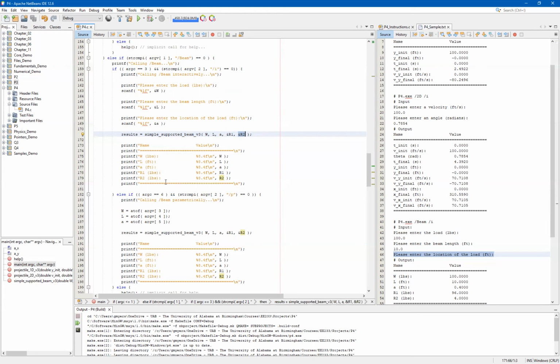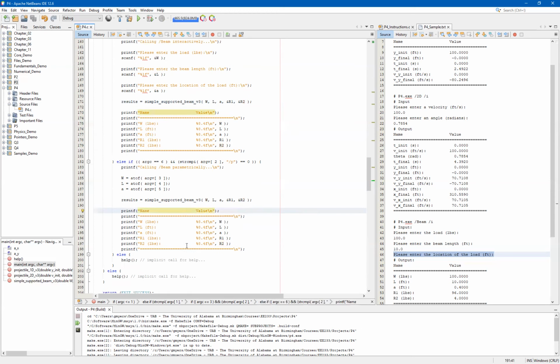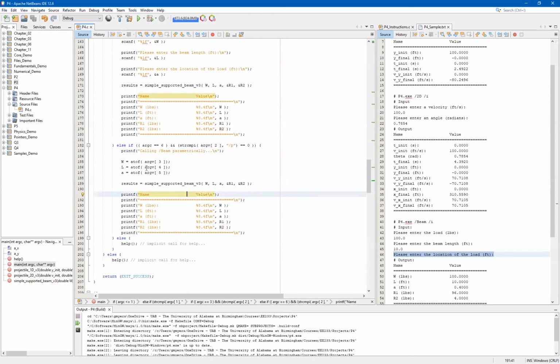Once again, no additional error checking would be done. For instance, it would not make any sense to have a negative length beam or the load applied at some location off the beam. We'll want to handle those later on. You'll see here now we've accomplished the same thing by virtue of doing it parametrically by simply capturing the arguments